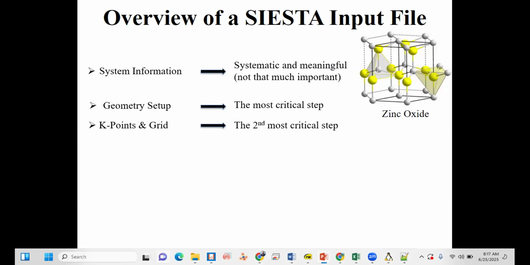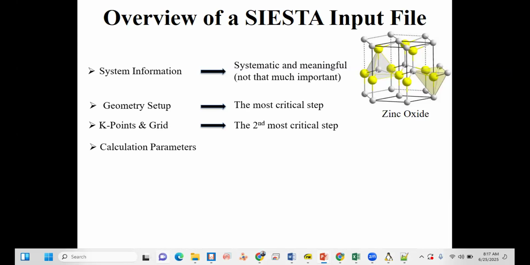I can give an example like a picture: in a low resolution picture you have fewer pixels, while in a high resolution picture you have more pixels. If the mesh cutoff value increases, basically you are increasing the resolution, the accuracy of your calculation. So we must do convergence tests for K points and also the grid.